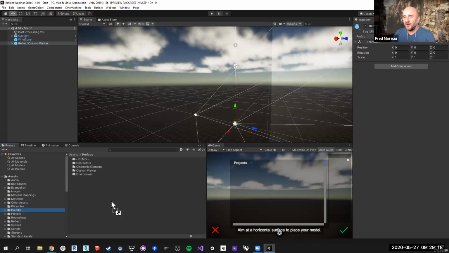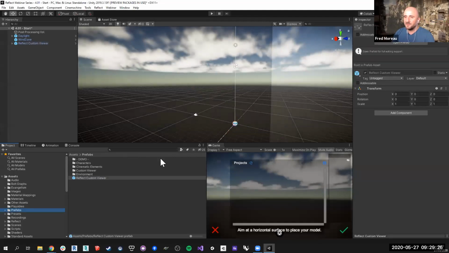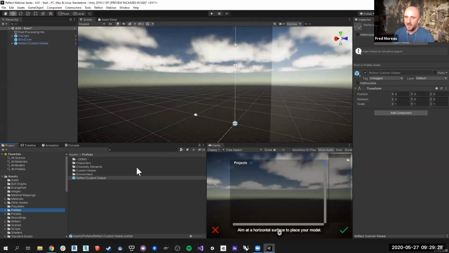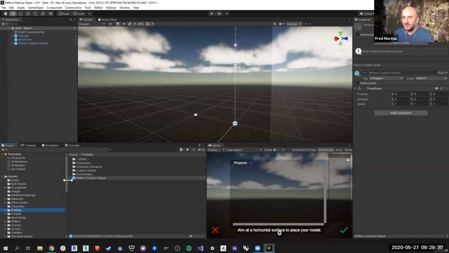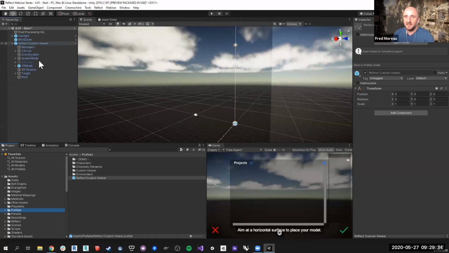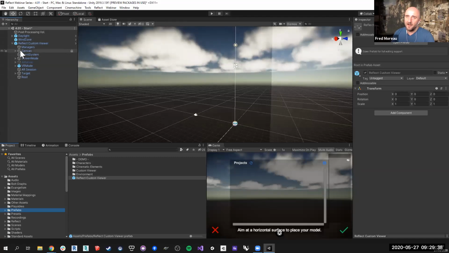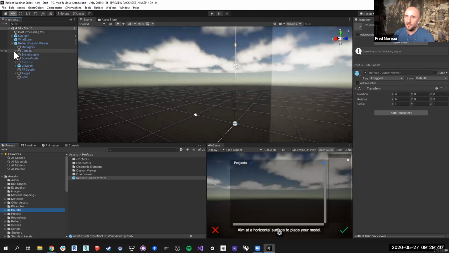And I'm going to drag and drop it back into the assets so that it becomes a new prefab. I'm going to make an original prefab so that it doesn't even rely on anything else. It's just a copy of it. Now, what I see in here is that, like Jack was showing, we have the canvases for all